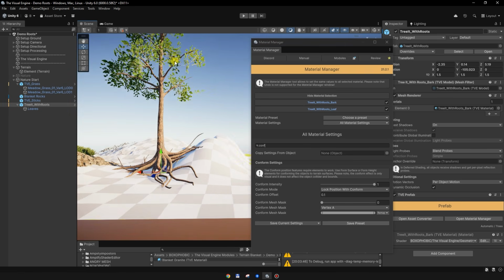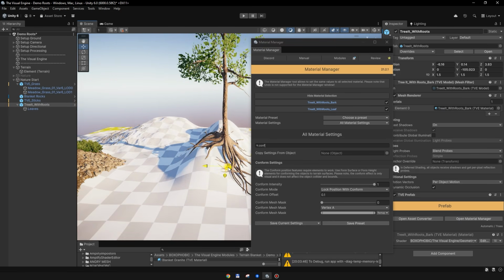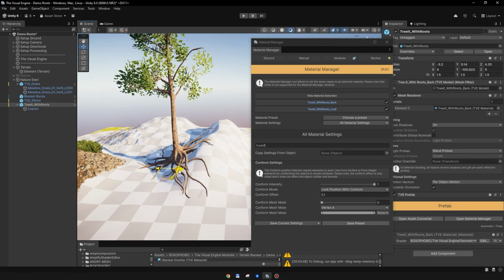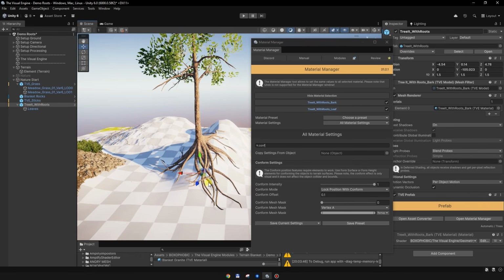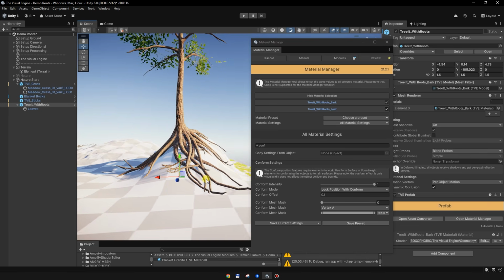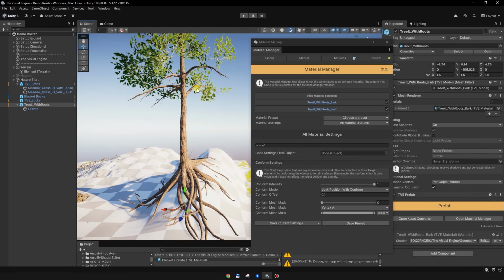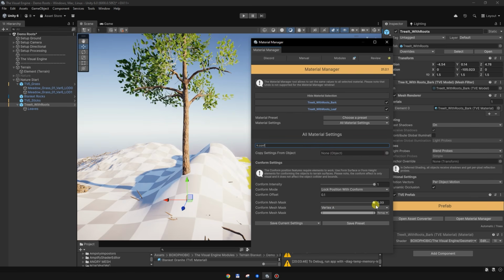And if you look at the branches, everything looks broken because everything is actually conforming over here. And what I want to do is to limit this conforming only for the roots and not for the entire mesh. So I have this conform mesh mask. I will set it to 1,